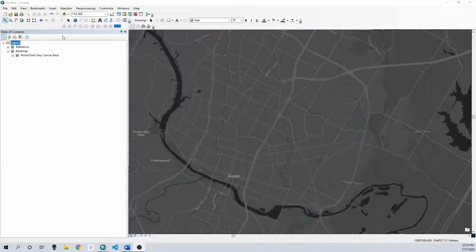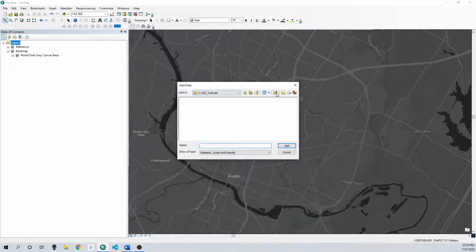So first we're going to start with finding selection, and right beneath selection is our add data button. Now you can click the small arrow downward when you want to add a base map or get data specifically from ArcGIS Online, but today we're focusing on making a folder connection with data that we have currently stored on the computer. So I'm going to add data,